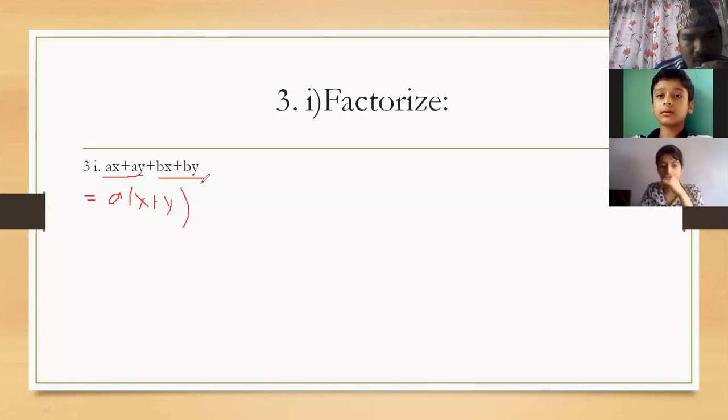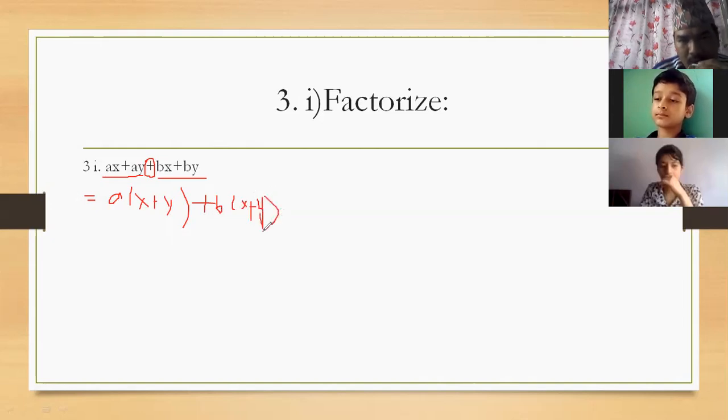Good. Now can you tell what is common in the second last and last terms? Sir, b. Very good. We have to tell the sign also. Plus b we have to take. Which sign is first here? This first sign we have to take common. Plus, then plus we have to take common. Then plus b common here. If you take plus b, can you tell Aditya what is remaining in the bracket? Sir, x plus y. You are absolutely right. Very good student.